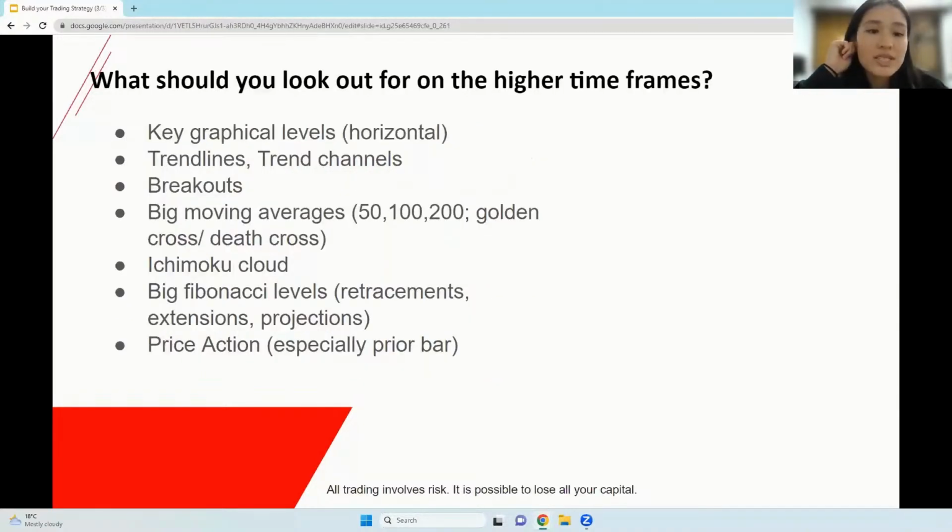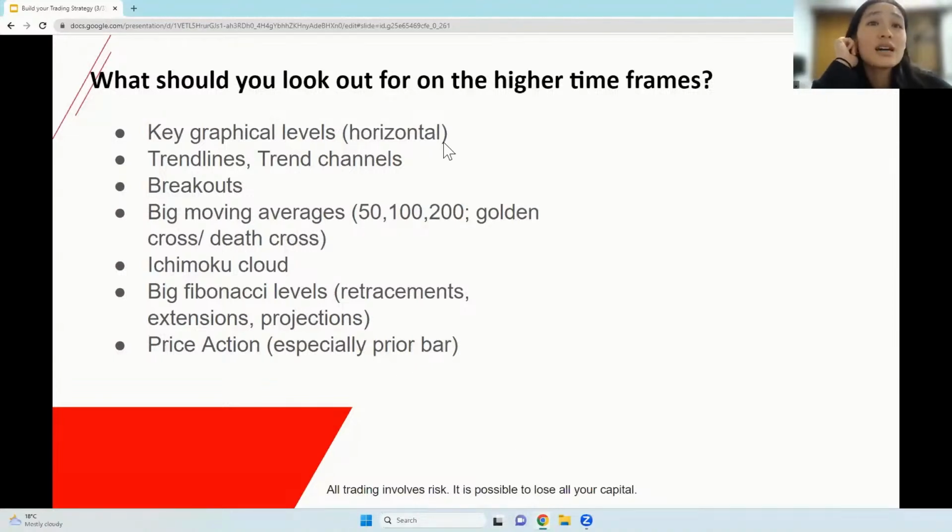Okay. So what exactly should you look out for? Price action wise, these are obviously some of the basics that you should look out for on the higher time frames that you use for swing trading. But of course, in terms of price action, we're talking about past, present, and future momentums from the previous bar to dictate your strategy. So that brings us into our next point, which would be identifying momentum.